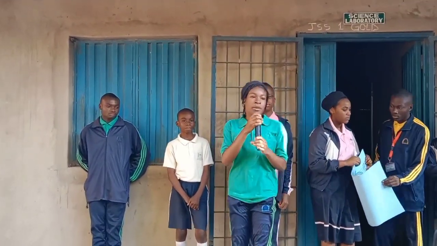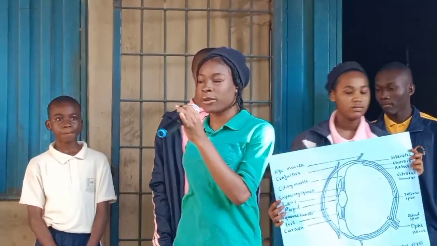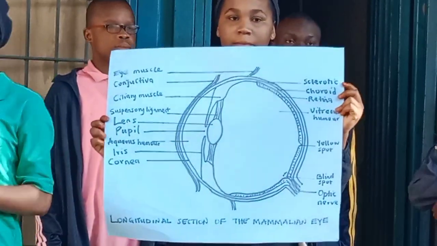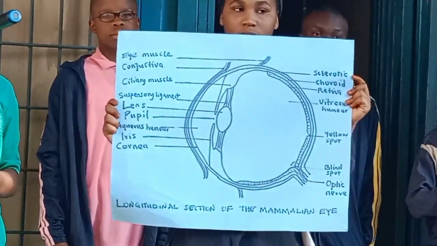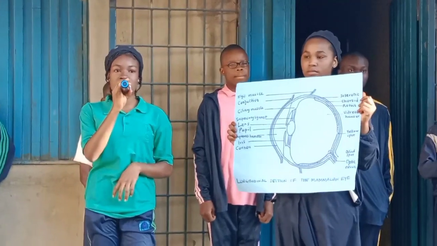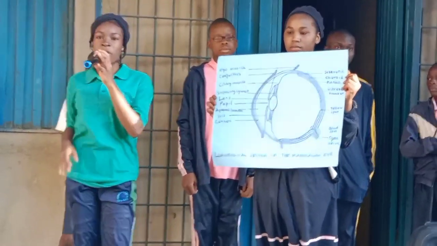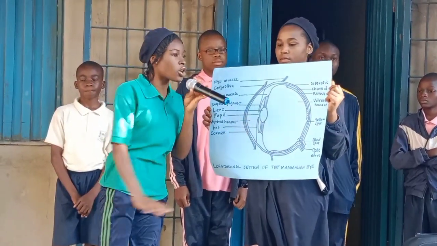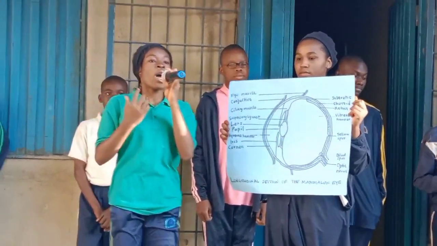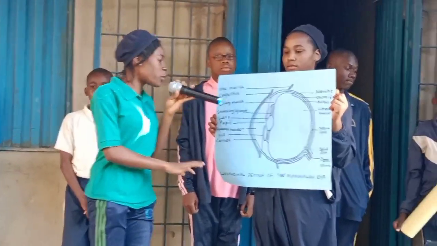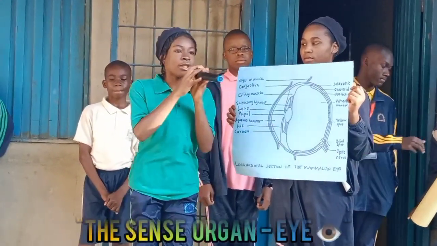My name is Bodine Deborah and I'm here to talk about the process of image formation. The process of image formation involves the way a person sees, and it has different processes. When a person focuses on an object, light rays from different parts of the object enter into the eyes. The light rays pass through the aqueous humor down to the pupil, and from the pupil it moves down to the lens, and from the lens it moves to the vitreous humor. At the vitreous humor,